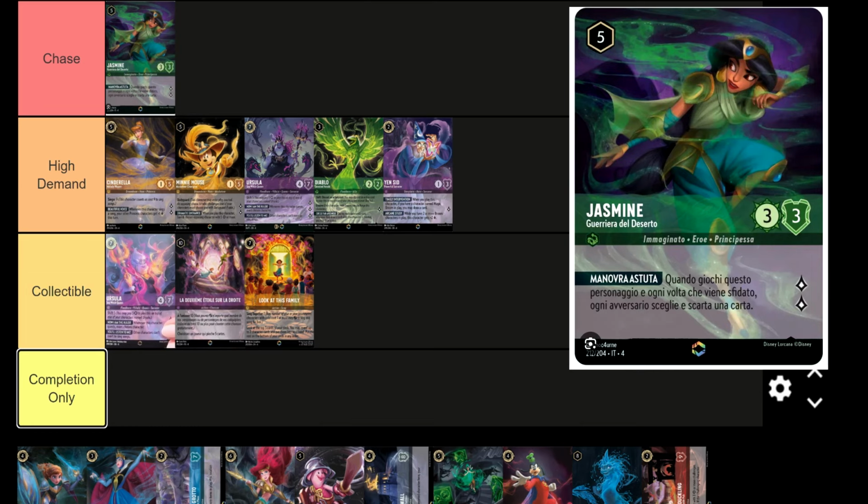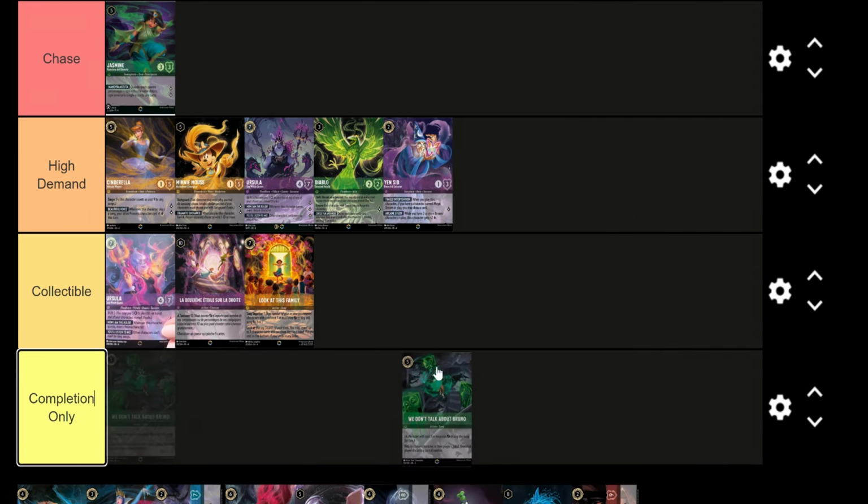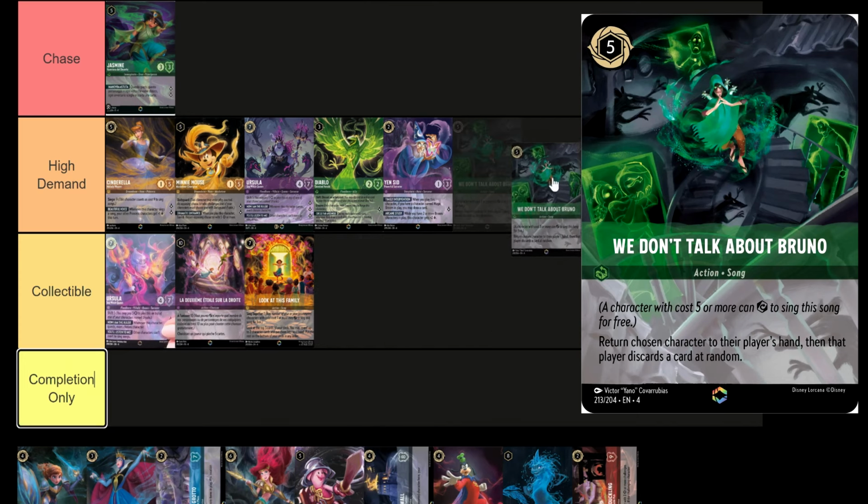tones. And there's just not a lot going on in the background other than kind of this green mist, which fits with the card, but again, doesn't fit real well with the image of Jasmine and the collectability of this card. Again, it's Jasmine's first Enchanted. Jasmine is an extremely popular princess, so I do think she will be one of the chases out of this set for sure. I do think she's probably going to be one of the lower chases out of this group, though, that we have. And then our last card out of Emerald is We Don't Talk About Bruno, which I'm